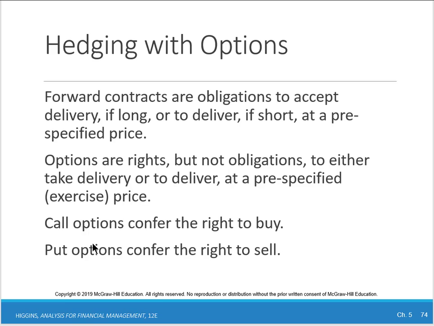A call option says, look, you have the right to buy this asset. Let's call it a stock so we can get on the right page here. You have the right to buy a stock at a certain price within a certain period. A put option, you buy a piece of paper. That piece of paper gives you the right to sell a stock at a certain price within a certain time frame.